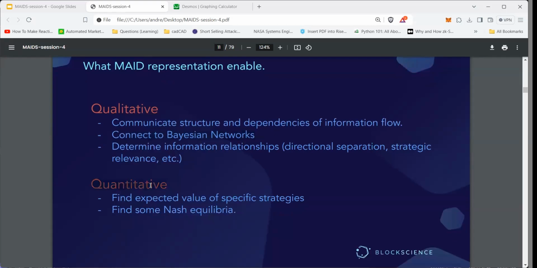And then there were also more precise quantitative things that we could do when we threw in numbers. Like we could associate to a strategy a notion of expected value based on the numerical values that we associated to different outcomes for different agents. And there was also an algorithm for finding some of the Nash equilibria of these multi-stage games once we have these expected values. So they're powerful tools in terms of what they enable, both conceptually and technically. And that's what we've covered previously.